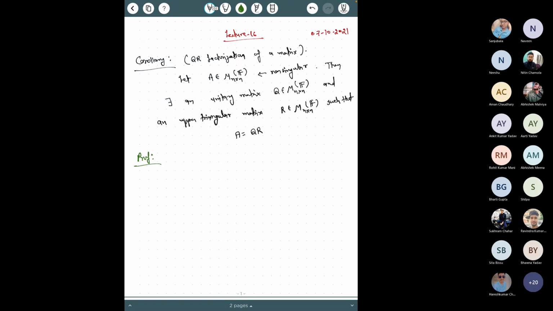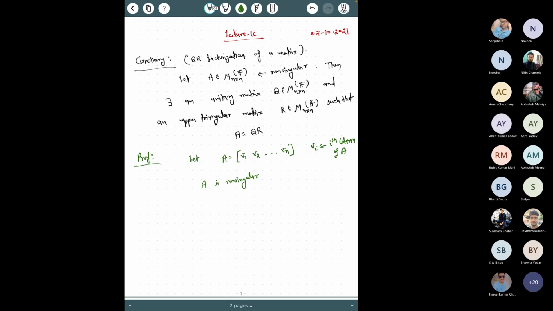Let me just give you some idea of how it follows. What are we given? We are given a matrix A. Let us suppose that we write A column-wise. It's an n cross n matrix, so let's say the first column is denoted by v1, the second is v2, and so on up to vn, where vi is the ith column of A. Now, given that A is non-singular or invertible, both are the same in this case because A is n cross n.